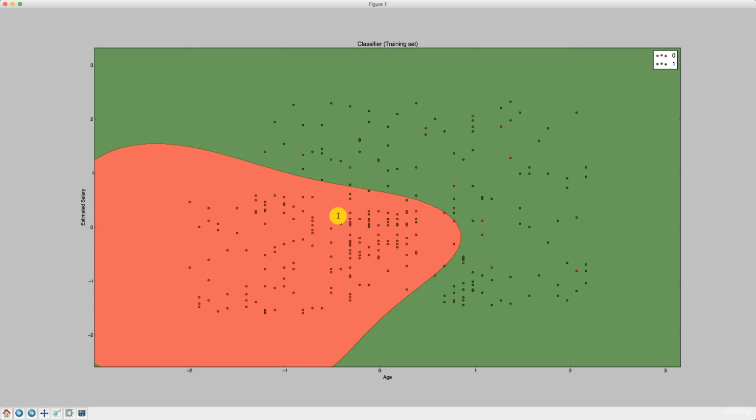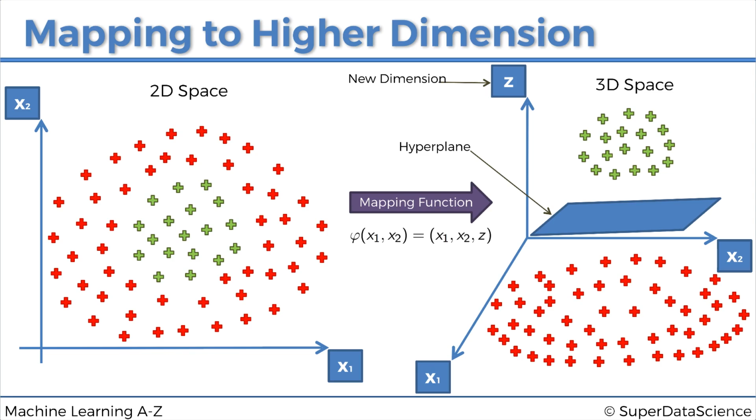And last but not least, we see this curve here that separates well the data, but don't forget that there was a terrific job at doing this, because if you go behind the scenes, you can see that the kernel SVM jumped to a higher dimension to find a higher dimensional space where it managed to distribute our data in such a way that the data was linearly separable in this higher dimensional space. And that is by using this mapping function that Kirill talked to you about, this mapping function that